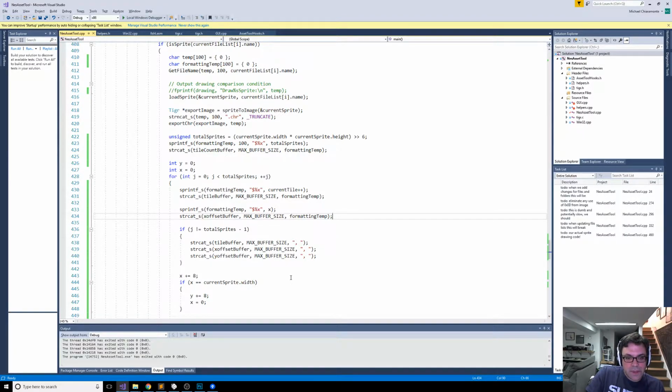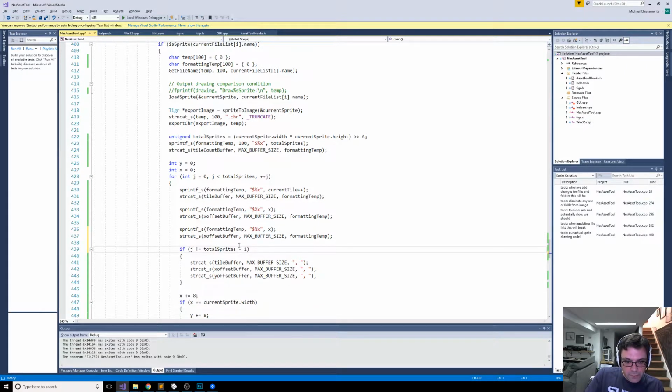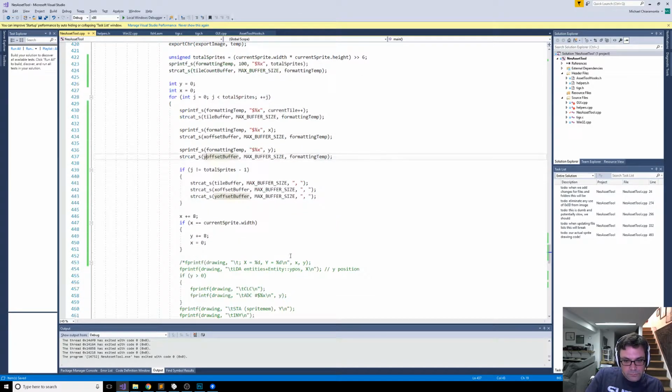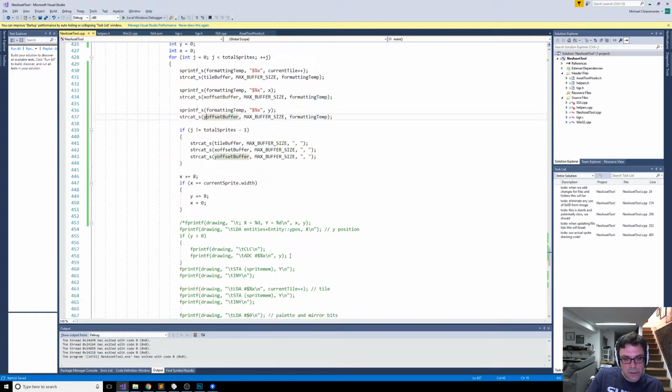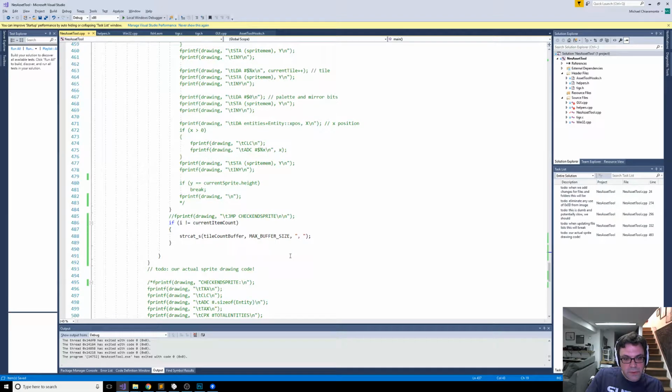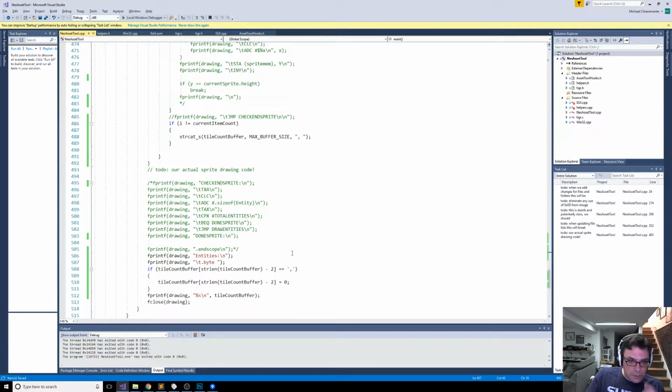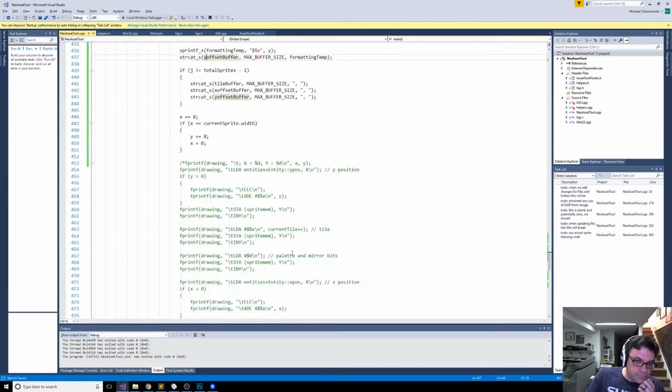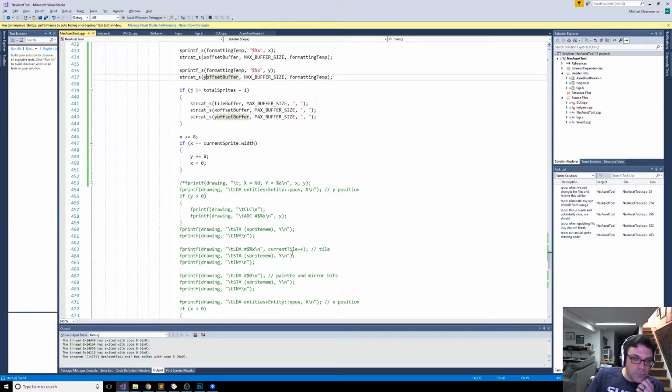Alright, so that's that. And then we need to do the same thing for the Y. And the Y offset buffer. Right, and then once we're done with that, so this assumes